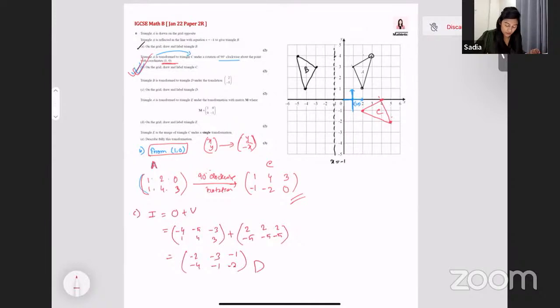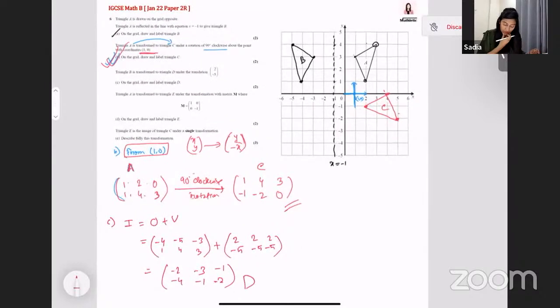So I will be drawing that here. So minus 2, minus 4. And from here, the main origin is now 0, 0. You are back to the normal origin once you are done with part B. So minus 2, minus 4; minus 3, minus 1; minus 1, minus 2, like this. So this is triangle D. Okay, next,